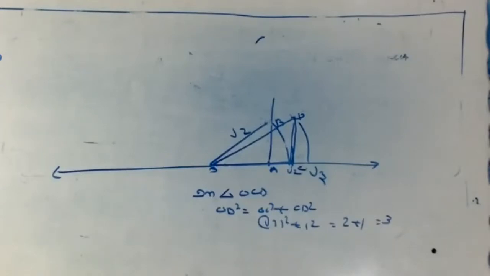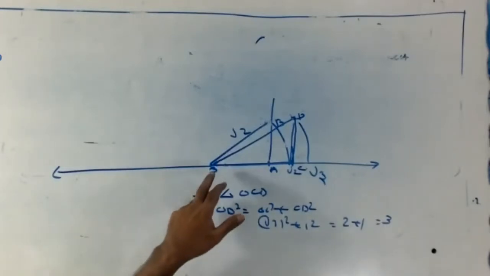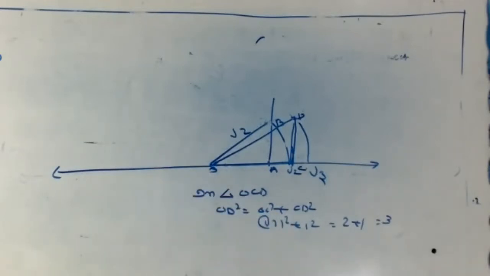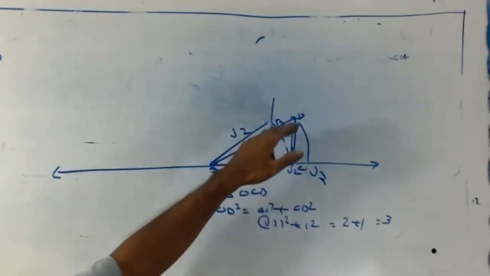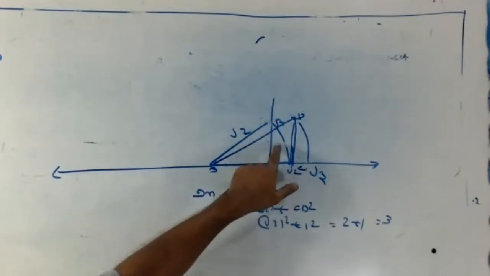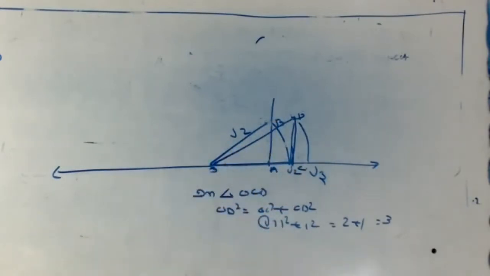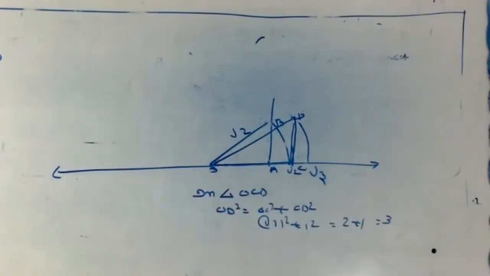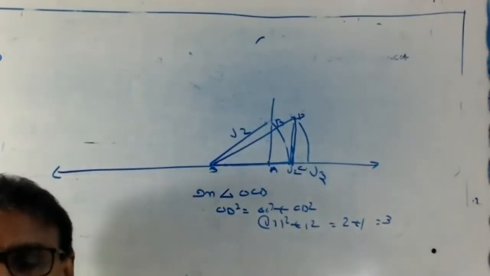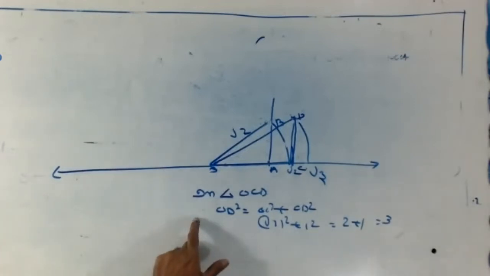Draw a number line and mark the points. Then mark a point O on the number line. Then mark A here. Then draw perpendicular. Then take here one unit. Then join OB, and taking OB as radius, draw an arc which cuts the number line. That is root 2. In the beginning, you should write scale: 1 unit equal to 2 centimeter or 1 inch, depending on what you take. Then draw it neatly and finally justification.